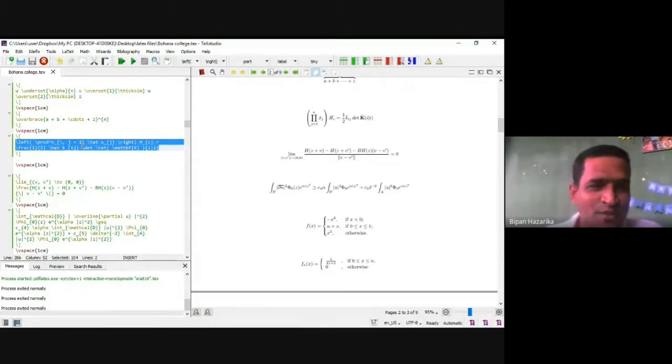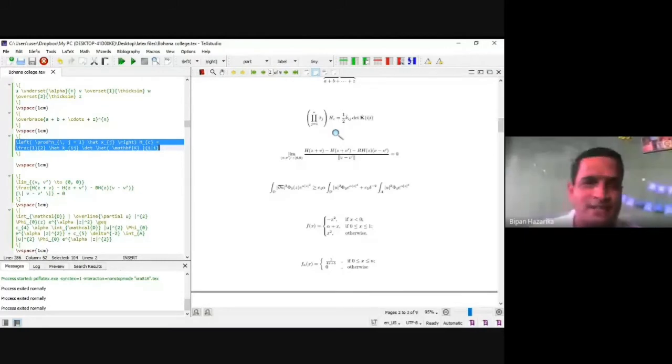Left bracket means big size, right means big size. If you write only a small bracket, you get a small bracket; if you put left bracket, right bracket, your bracket sign is larger.